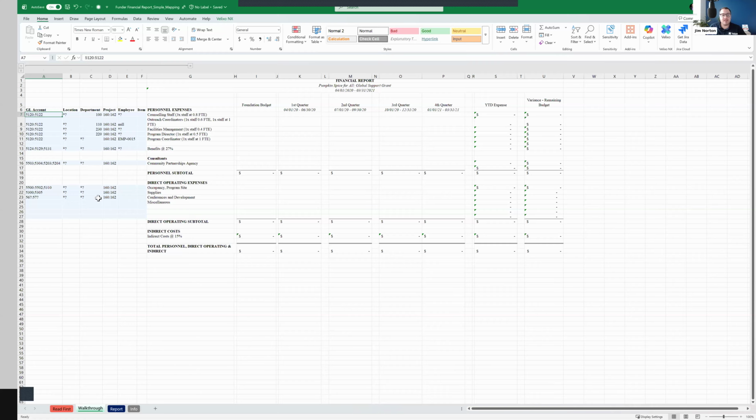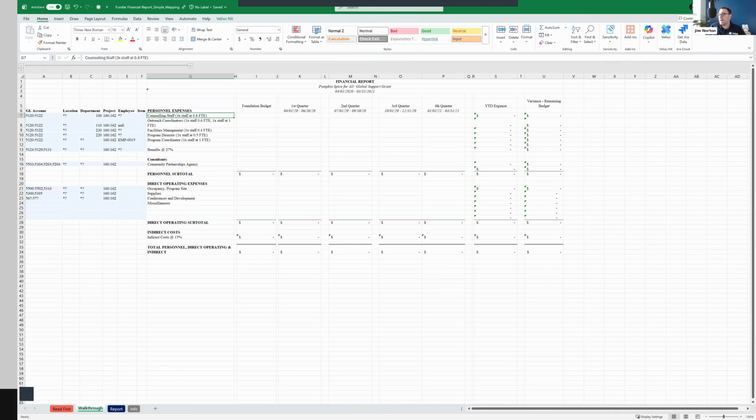So by having these mappings lined up here for how you want each of these to be reflected, you've given yourself a tool that translates from your language to your funder's language. Now that is step one. When we think about the next step, all that's really left is to get your data from Sage Intacct. And we're going to use the same kind of techniques that Harry showed in session one.